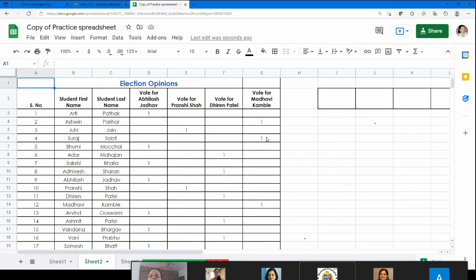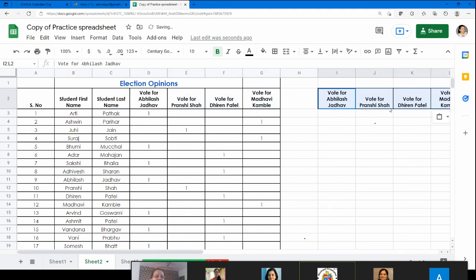So how do we do that? We have got votes for Abhilash, Pranshi, Dhiren, and Madhavi. So we'll take these names first. We'll have to put it separately. So I'll just take these and I'll put them here.